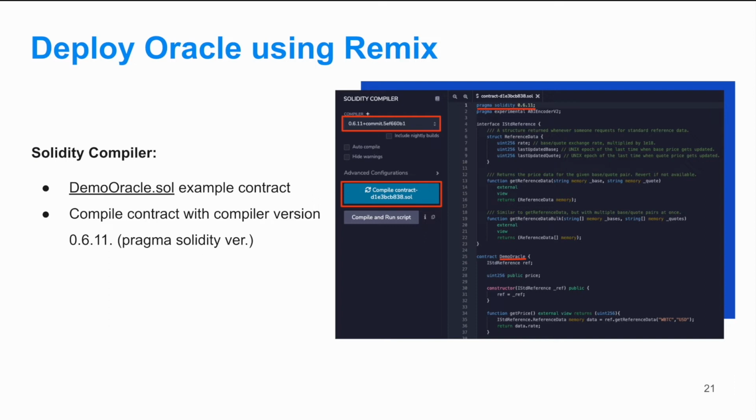What you will do is open the link that will redirect you to Remix, which already includes this smart contract that you can see right here. This is the version of the Solidity language. That's an example that you can also find on Band's Oracle page, and it is 0.6.11, which is why we will also need to use the same compiler for that. So don't forget, when you open Remix, on the left side you will have a menu